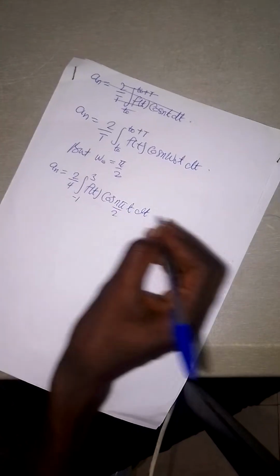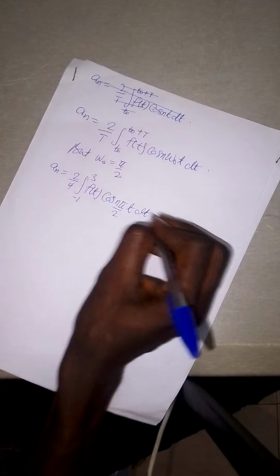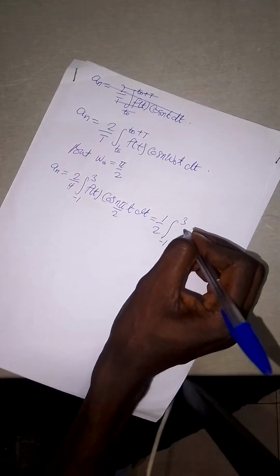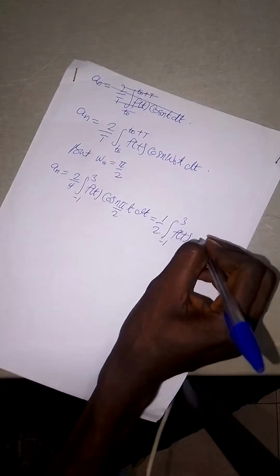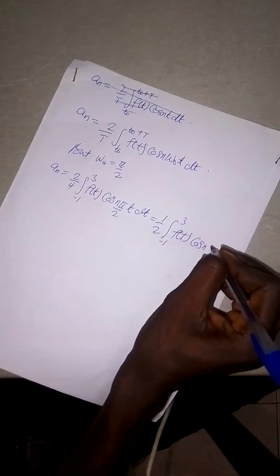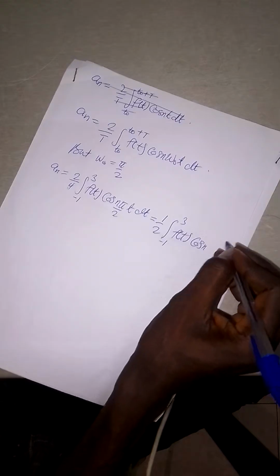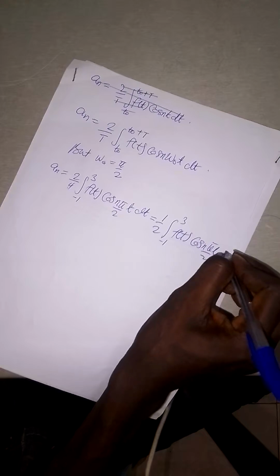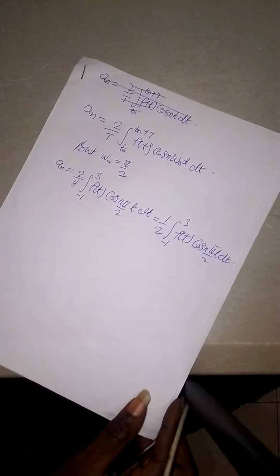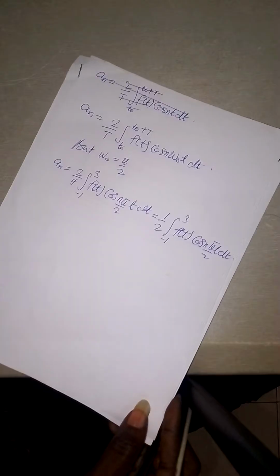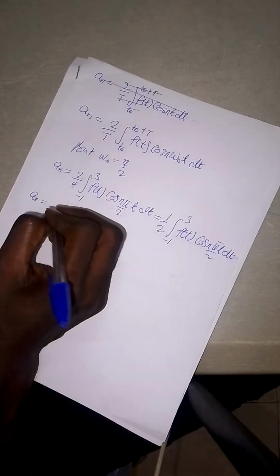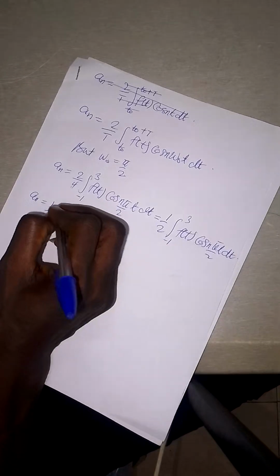So here, if I simplify further, I'll have 1 over 2 from this part, and I can still maintain the limits minus 1 and 3. I have my f of t cos n pi on 2 t dt. Now that I have this, I can move forward. So now I can say that an is equal to 1 over 2 into